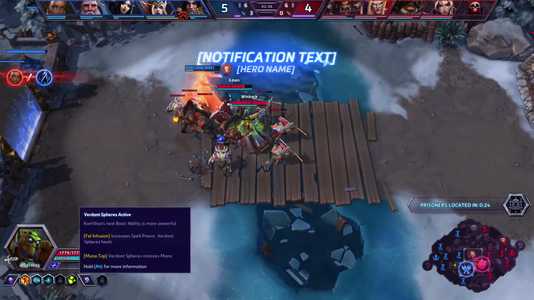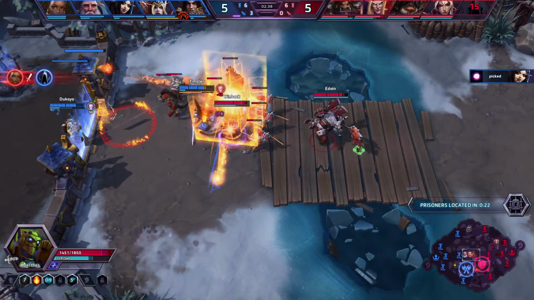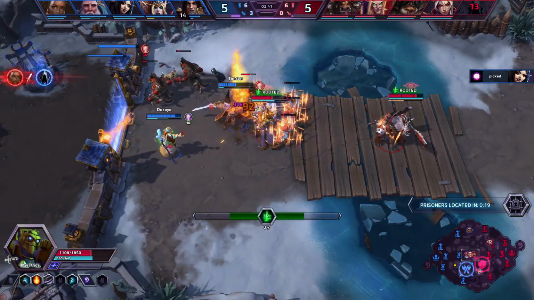Now, our trait is called Verdant Spheres. Verdant Spheres is going to be the focus of the build, but what happens when you hit your D button with this character,